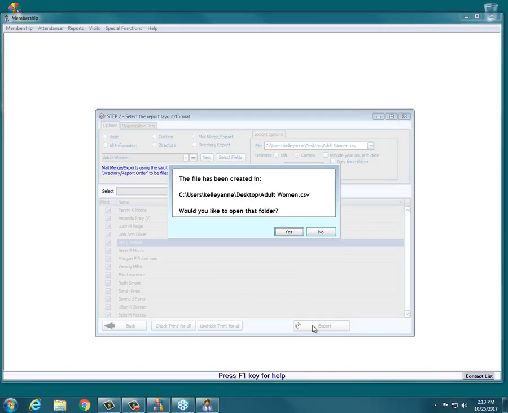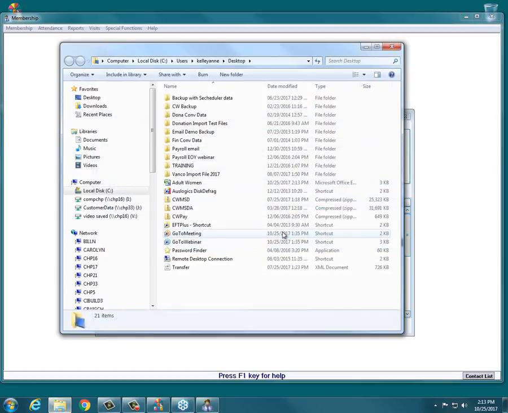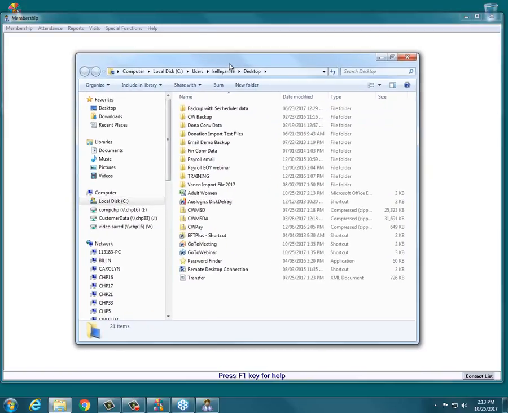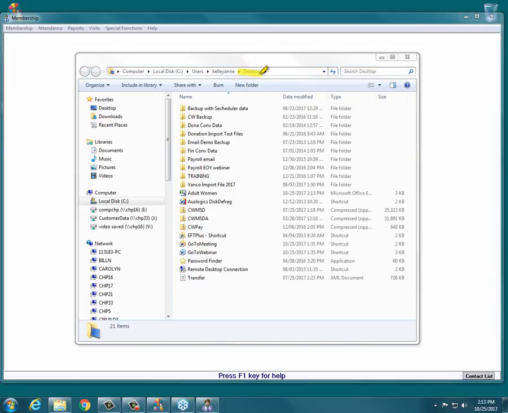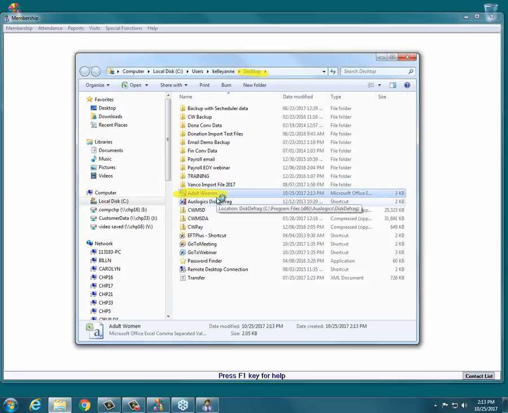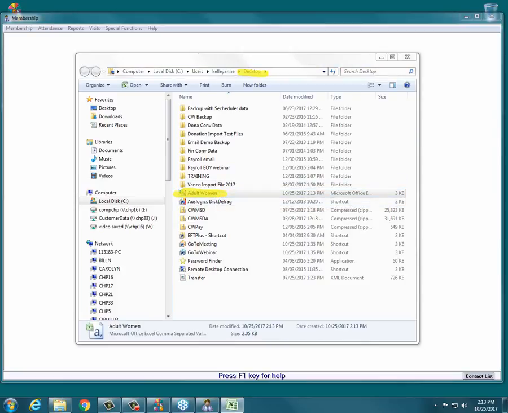It's going to let me know that the file has been created in this particular location, and then if I want to open up that location to see the file. So if I click yes to this, the file has been created in desktop. If I click yes, you're going to see the file. It's going to open up essentially the File Explorer window onto the desktop, and then I can see the file that I created right here, adult women. So then after that opens, I can just click adult women, and it should open it up into